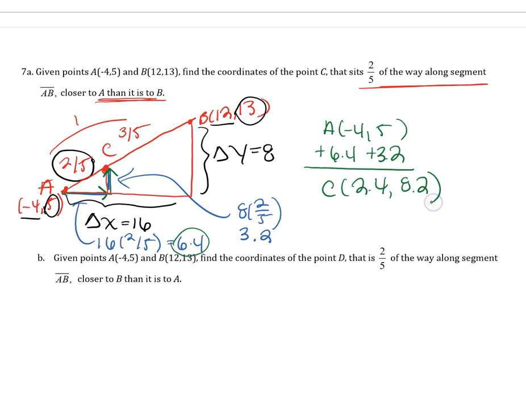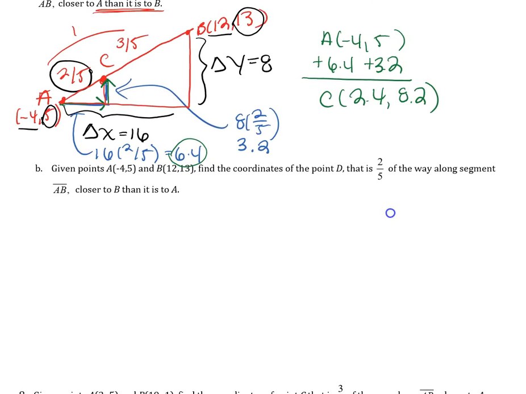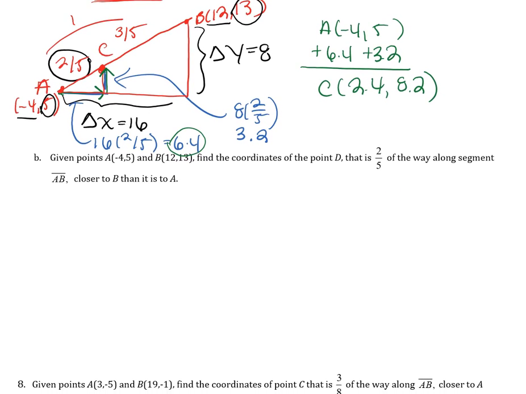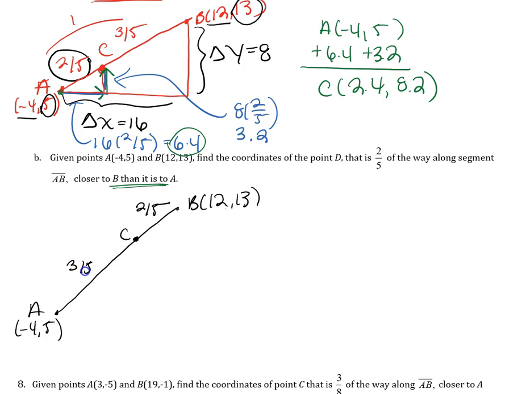Lost control of my pen there for a second. Alright, I'm going to do one more. Same points, but now it's going to be closer to B than it is to A. Okay, so same drawing. But C's now here. So that means the 2/5 is here. The 3/5 is here. So when I draw the triangle,